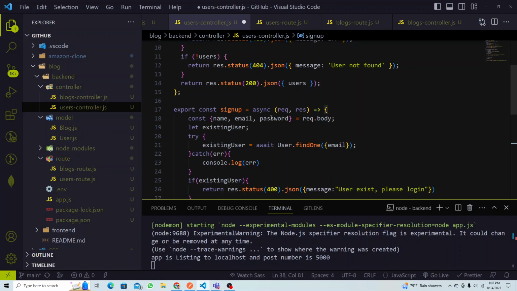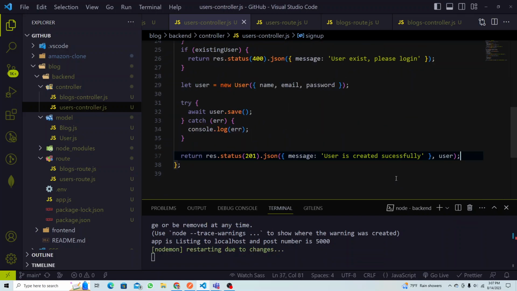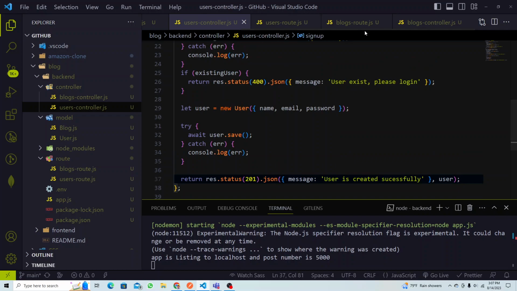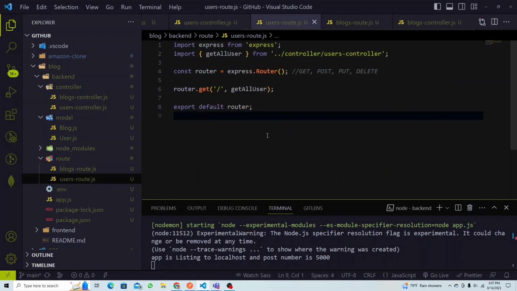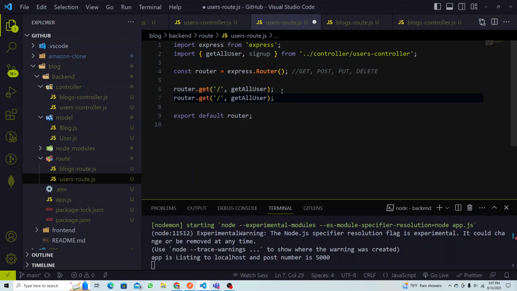So we're done with the sign up, right? So let's test this. Okay, so what we're gonna do now, right? It's exported, so let's go to the route now. So we have sign up, just call here, and sign up means what? Posting, right? Is sending the data to the database. That is post route, and here will be sign